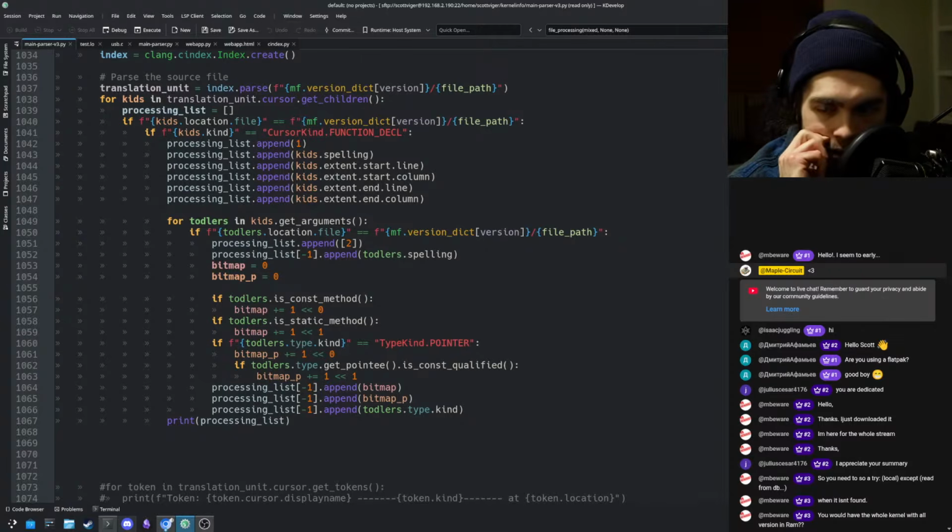So you need to try local, except read from DB when it isn't found. When you would have the whole kernel, you would have the whole kernel with all versions in RAM. No,